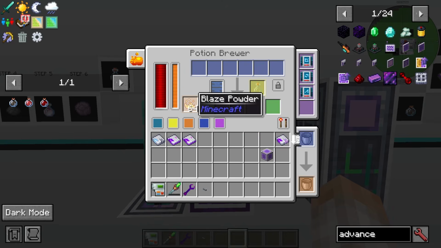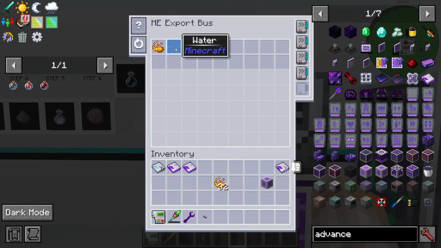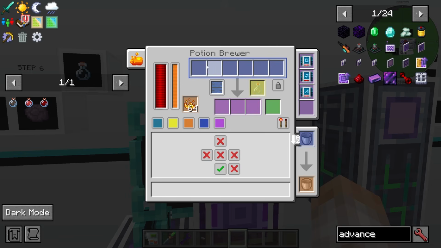So just like a regular vanilla potion brewer, you're going to need blaze. It will tell you how much fuel is in here. And I would just suggest exporting this 24/7 inside of your brewer, or you can manually put it in here. It's up to you. To do that, I have an export bus over here set up to export water and blaze powder with acceleration cards. Our brewing input is going to be where all of the components of our potion are going to go,